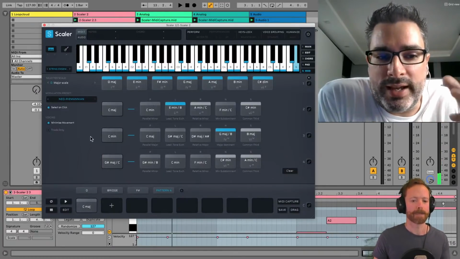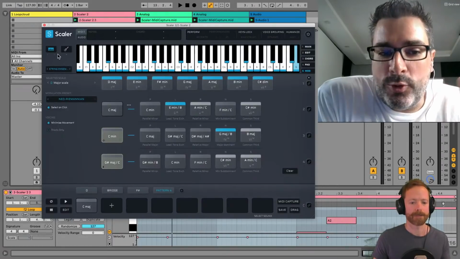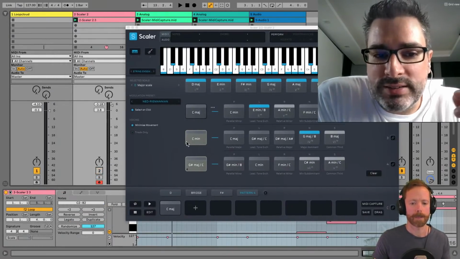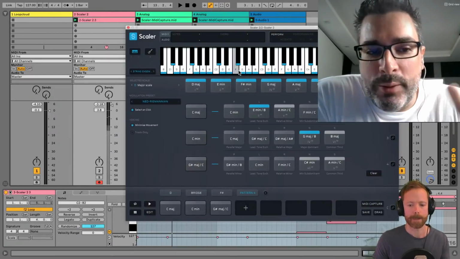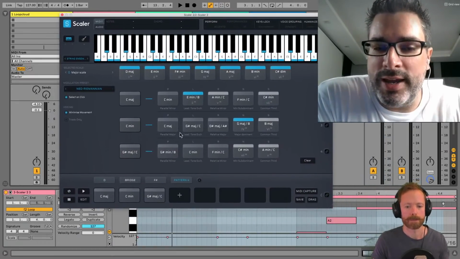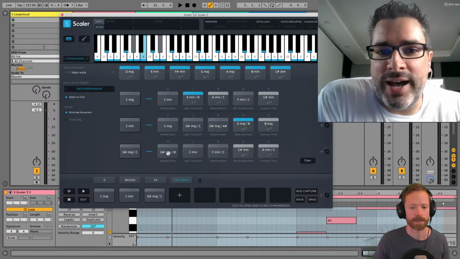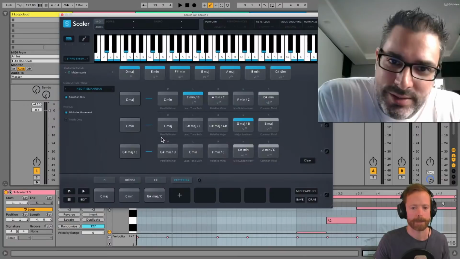And the thing that I really like about it is, before Scalar, I would never even imagine being able to make something like this, because even when I had Scalar 1, I was afraid of dark gray and light gray chords, because that's telling me it's outside of the scale I'm in.